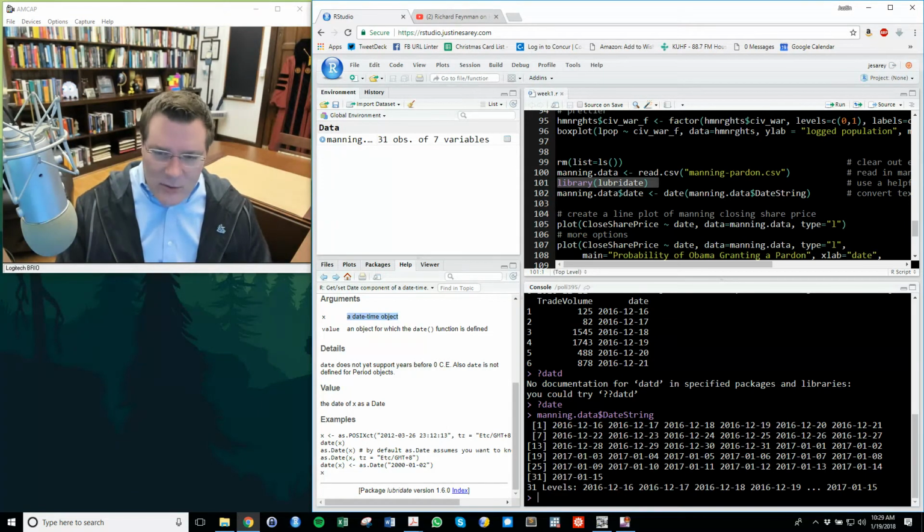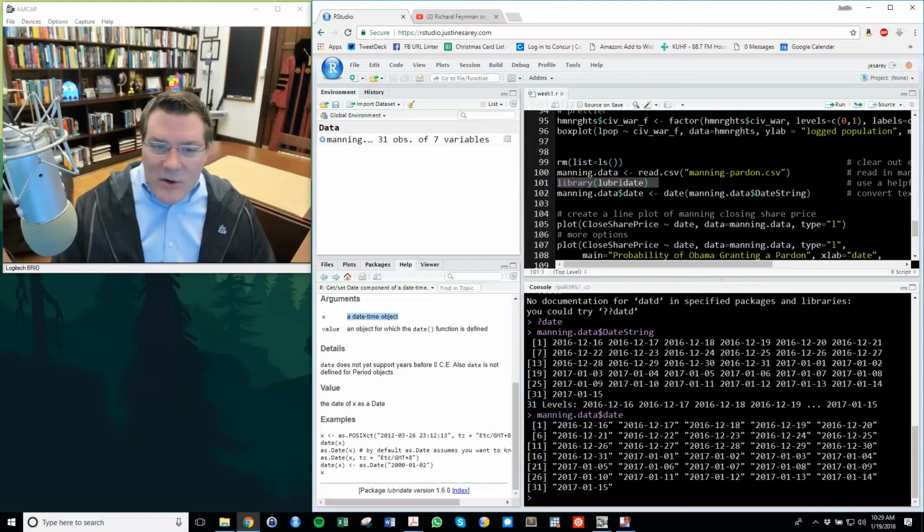If I instead look at date, right, which is created by this date function that I fed in, now you can see it's organizing these things into labels that make sense and have a common date format.